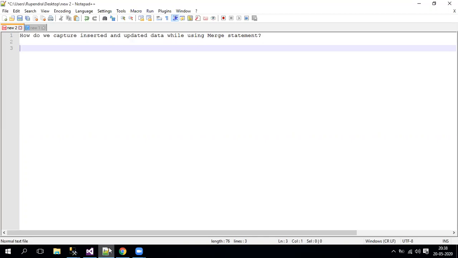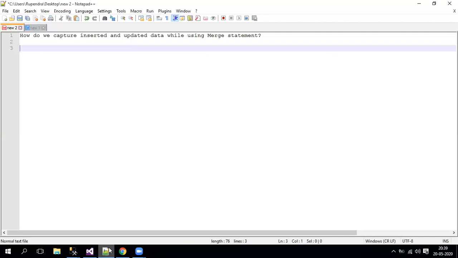The exact requirement I have taken in this video is, for example, the client gives some files every day. Let's say I have taken a CSV file, and they are sending the product information. I load that product information into my staging table, and from the staging I transform it into my transactional table. While transforming, I check whether the record exists in the destination or not. If it exists, maybe I'll update based upon some requirement, and if it is not matched, I'll insert it as a new record.